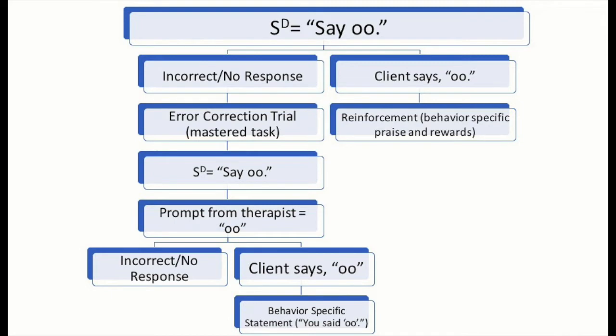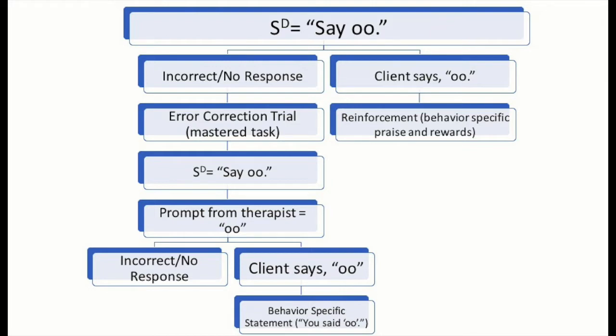So in summation, when running an echoics program, I like to think about it like a flow chart. The discriminative stimulus is up at the top. Say ooh. That's always going to be our SD if we want the client to echo the saying of ooh. We want them to say ooh after we say ooh. So we say ooh, and they engage in two behaviors. Either they say ooh, in which case they get a whole bunch of reinforcement, behavior-specific praise, tickles, tangibles, activities, everything under the sun, or they don't engage in the appropriate response, any other response, or no response, in which case